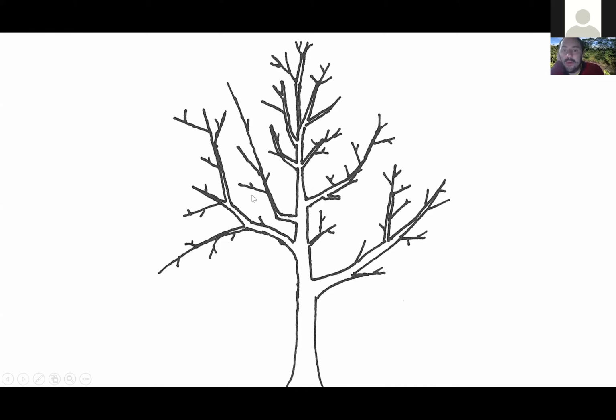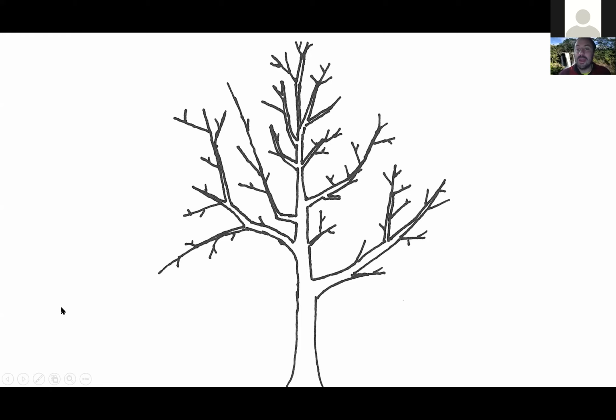We then have also large lateral branches here. Maybe this one's getting a little too big too. Maybe some of these higher ones are actually getting too big that we want to slow down with suppression. And I'd say that's about it. I don't give you the heights, etc. We want to watch our live crown ratio. I didn't tell you how big these branches are, which would determine whether or not you can remove them safely. But those are probably the main structural defects.